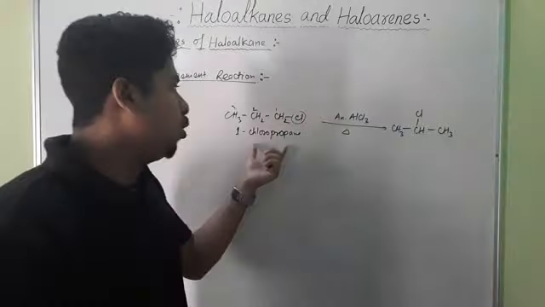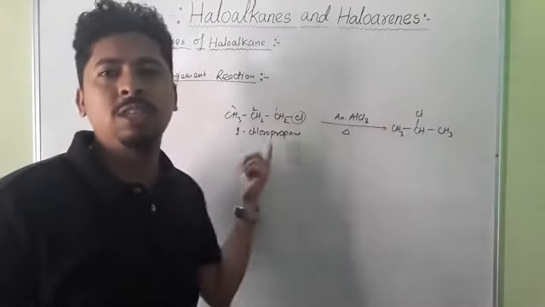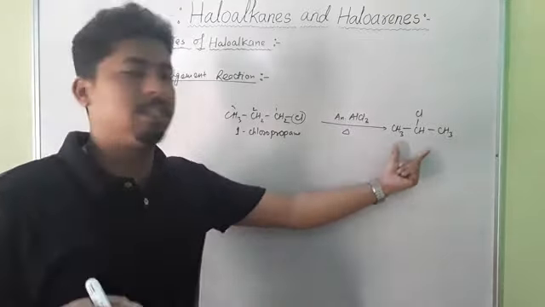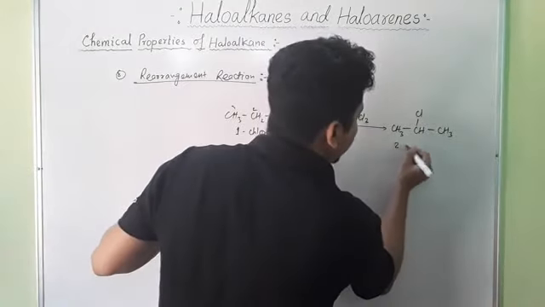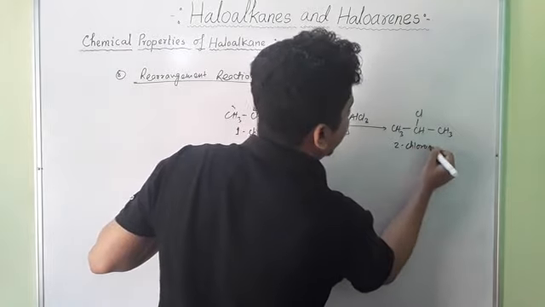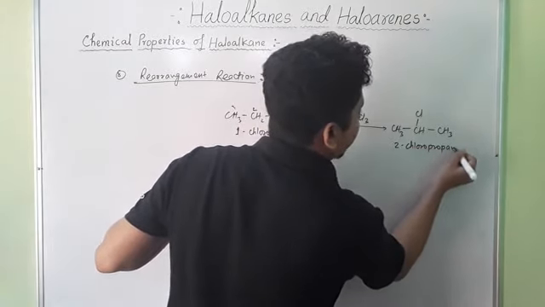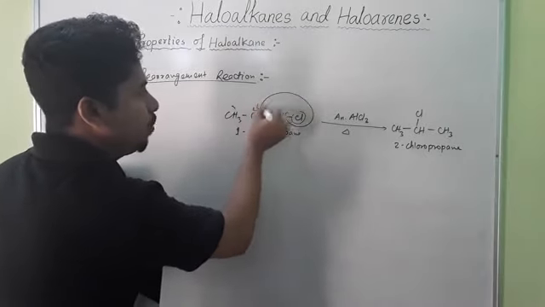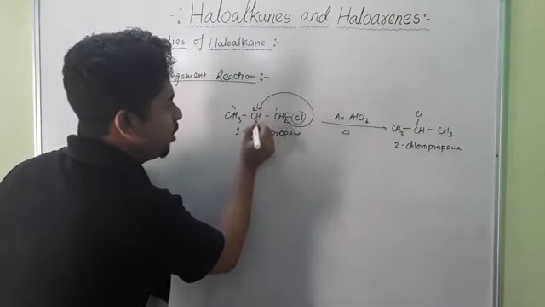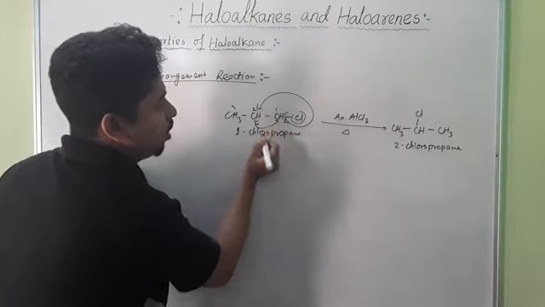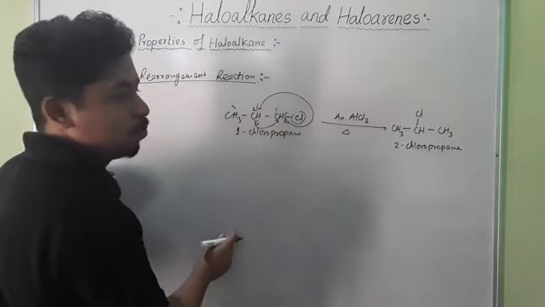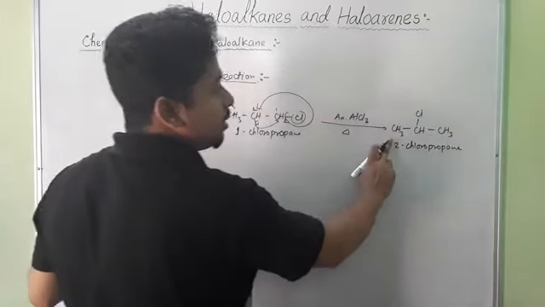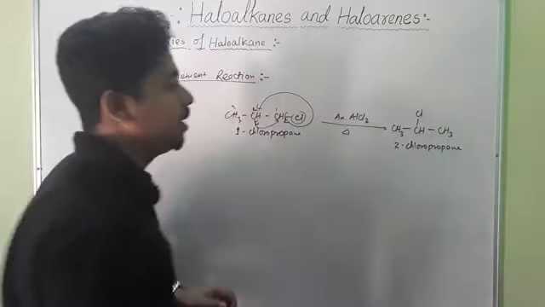Here you see the molecular mass and the molecular formula of both these molecules are the same. Only the rearrangement of atoms takes place. So its name is 2-chloropropane. This chlorine will rearrange to the second position. As a result, one hydrogen of this CH2 will be substituted, so it will become CH3 and the chlorine will shift to carbon number 2. So you will get CH3-CH(Cl)-CH3.